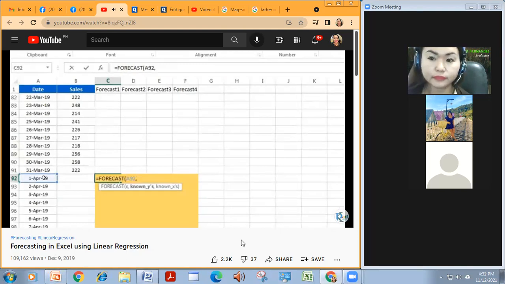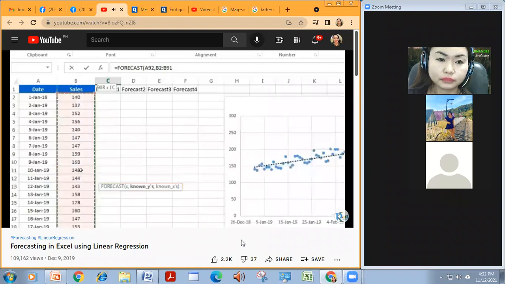So the actual historical values are sales, right? The Y values, these are the sales. So we want to do the forecasting for sales. So the known_y's will be the historical sales. So we will select this range, press F4 to freeze this so that when we fill down the formula, this range should not be changed, comma.